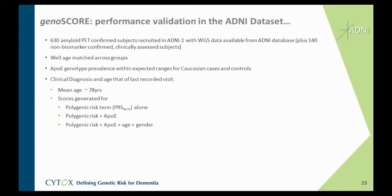The work I'm going to describe now has all been analyzed using the so-called ADNI data set. ADNI stands for the Alzheimer's Disease Neuroimaging Initiative. It's a long-running study that started in 2004 and comes with very comprehensive longitudinal follow-up data. And the subjects have been confirmed using PET imaging. So that gives us a high level of confidence, based on the amyloid burden in these subjects, that the clinically defined Alzheimer cases really are Alzheimer's disease rather than some other dementia, and that the age-matched controls really are controls and not simply